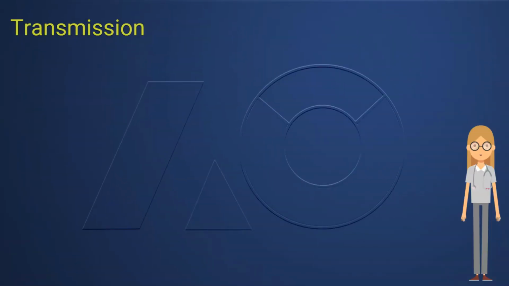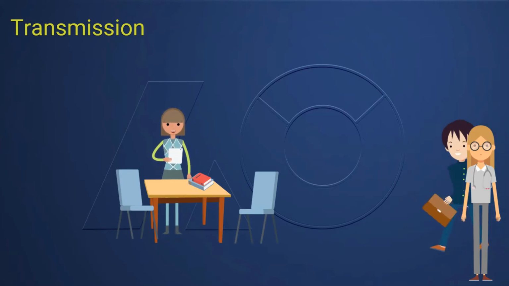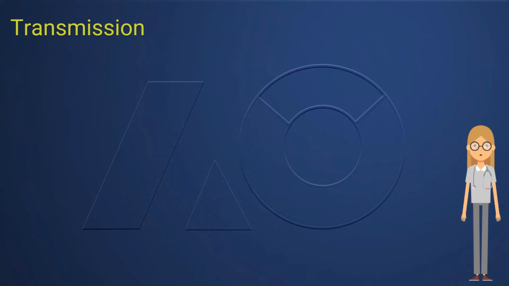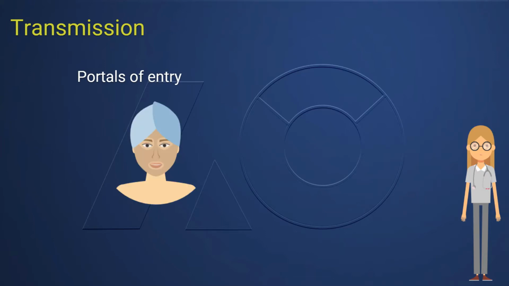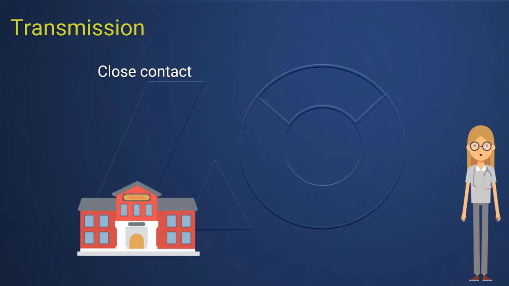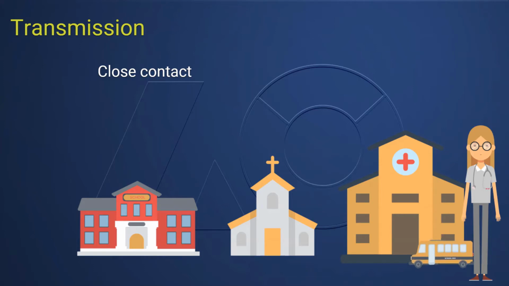Influenza virus primarily causes upper respiratory tract infection. It is transmitted via contact, indirect or direct, of the contaminated respiratory secretion, which is then introduced into the respiratory tract via portals of entry, such as nose, mouth, and eyes. Close contact is the major risk factor causing spread of influenza. Therefore, schools, institutes, and enclosed spaces with people gathering put people at higher risk of contracting flu.